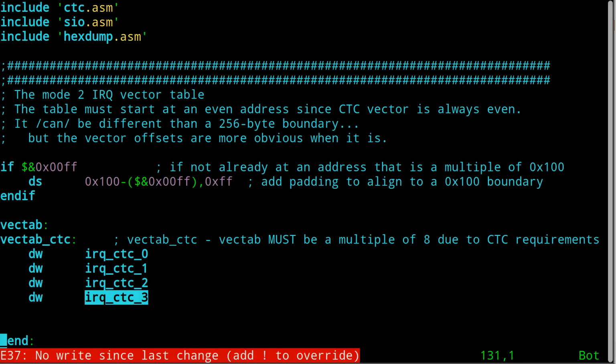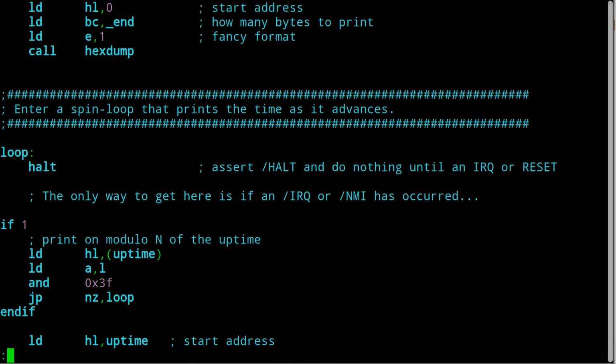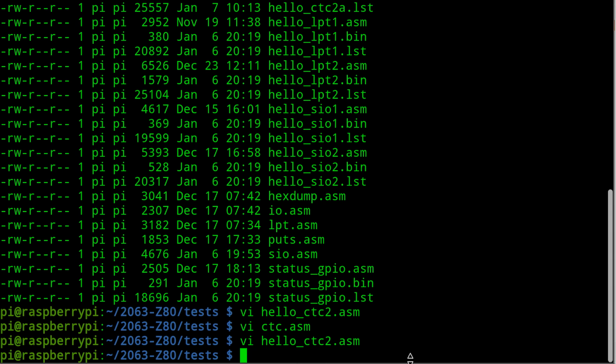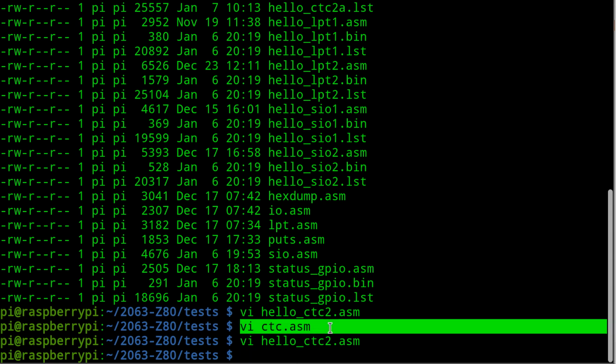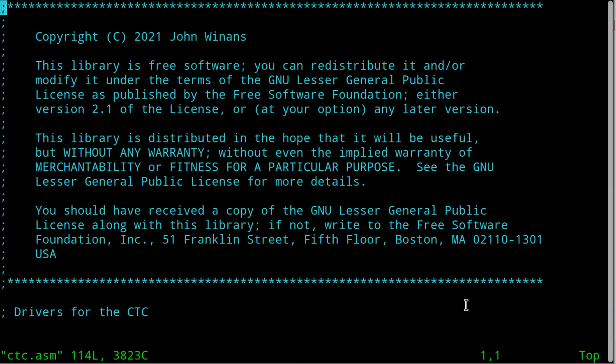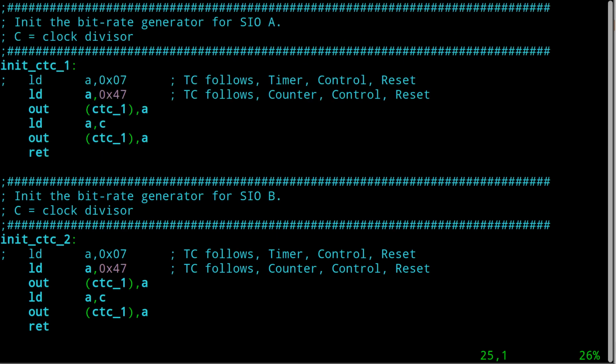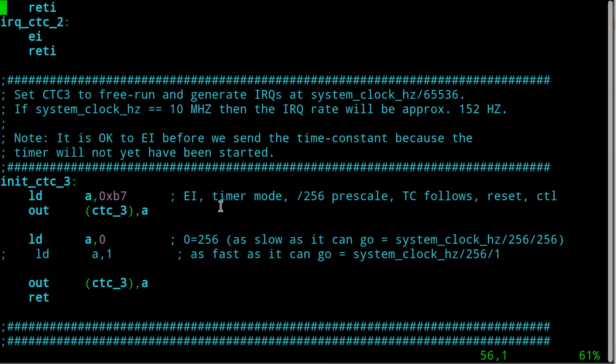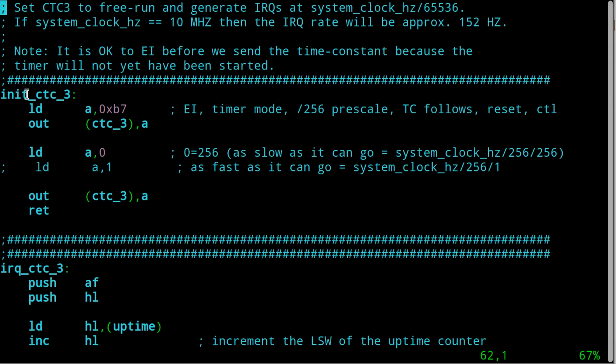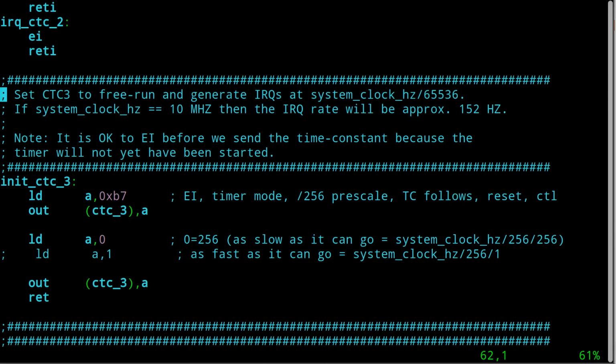If nothing else is going on in the system, in other words, if there were no interrupts or the interrupts were not enabled, that loop would spin and nothing would ever really happen. But because I said go over and execute this function here, whenever an interrupt comes from CTC channel number 3,